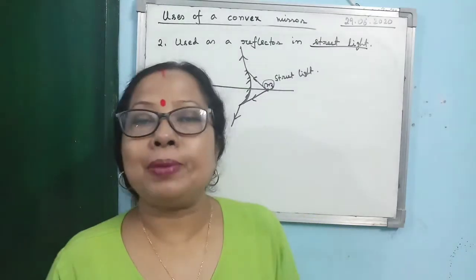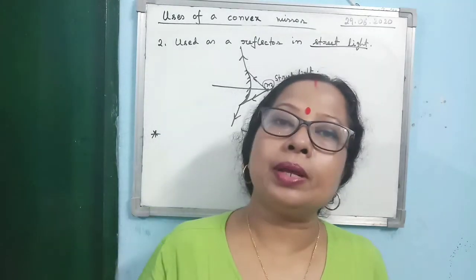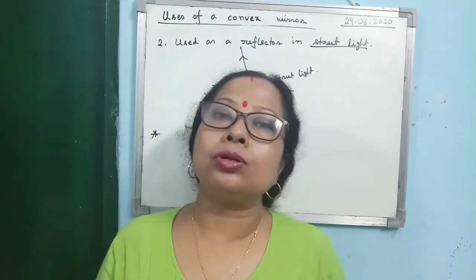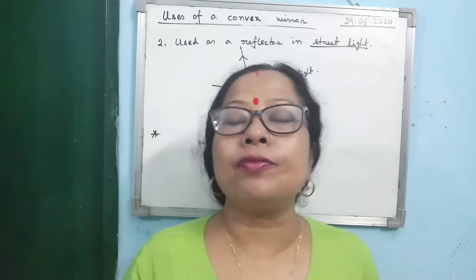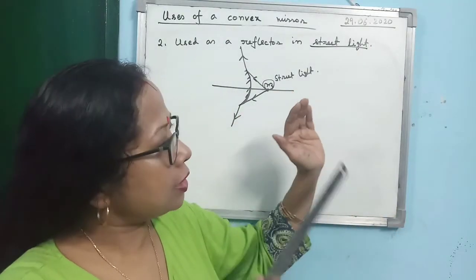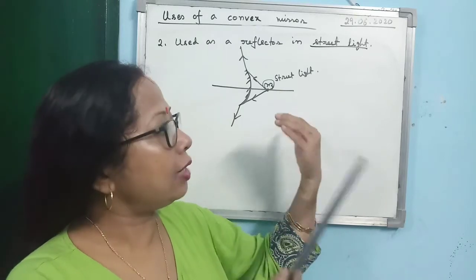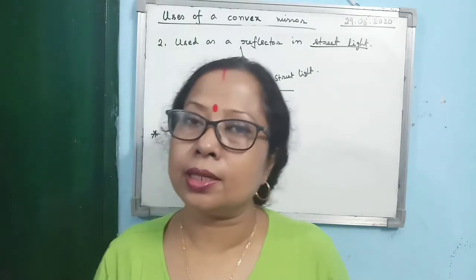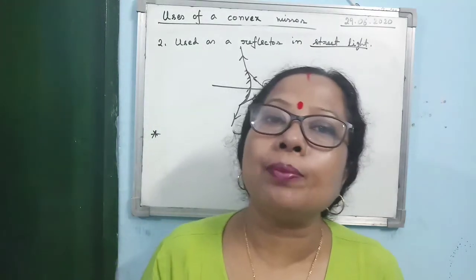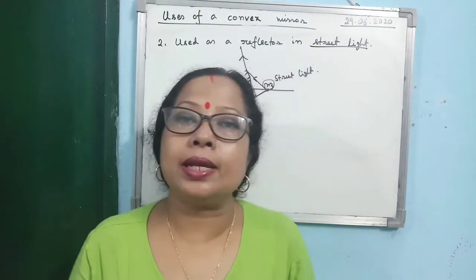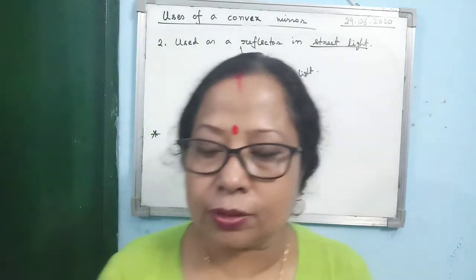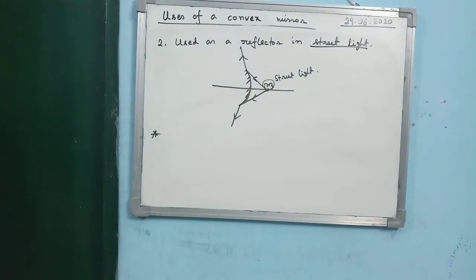Suppose a plane mirror is given to you, a concave mirror is given to you, a convex mirror is given to you, and you are not allowed to touch them. Because by touching only one can find out. If it is coming plane, then it is a plane mirror. If it is bulging in, it will be a concave mirror. And if it is bulging out, it will be a convex mirror. Is that clear? But you are not allowed to touch it. So without touching, you have to identify which mirror is the plane mirror, which is the concave mirror and which is the convex mirror.